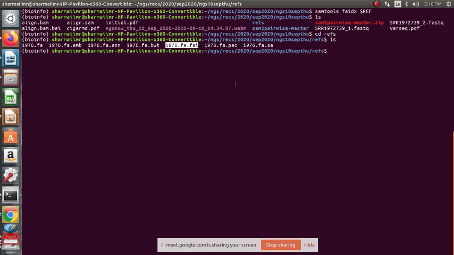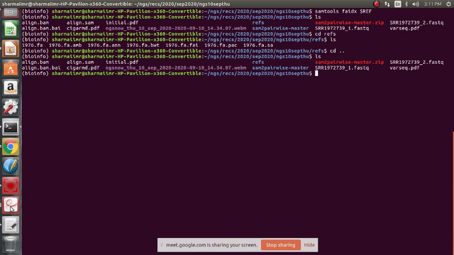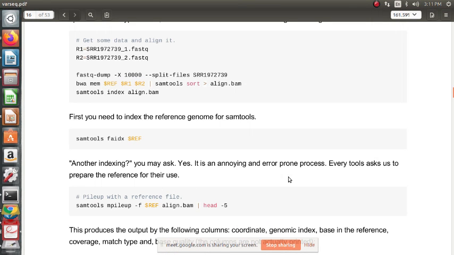Yes, that has been created from faidx. Okay, so we go back. So always remember that in the case of BWA, whenever we do the indexing, the index files will be in the folder which contains the reference, and not in the current folder.